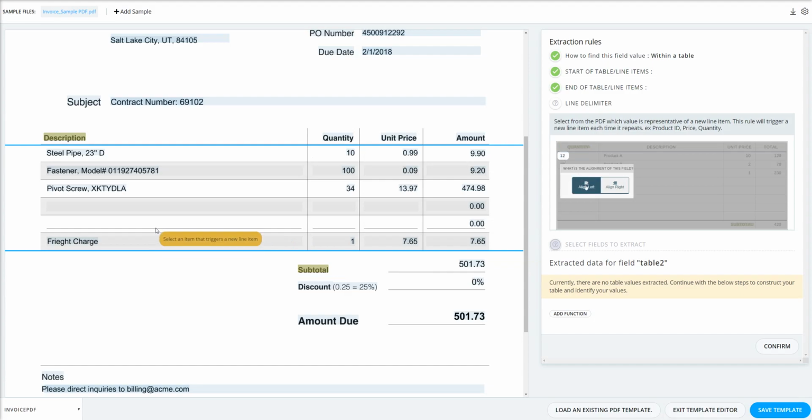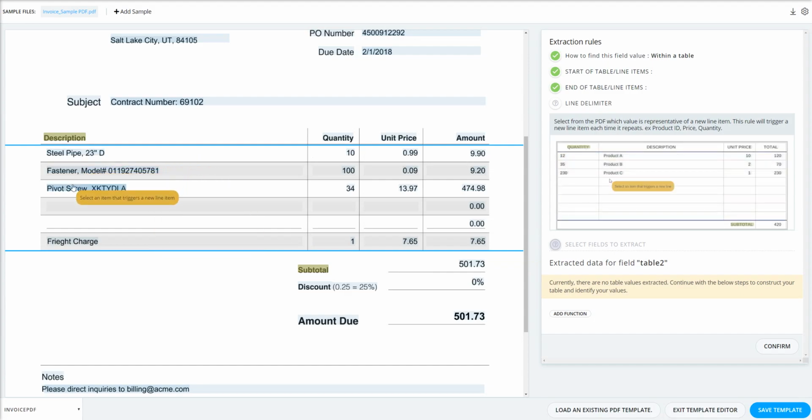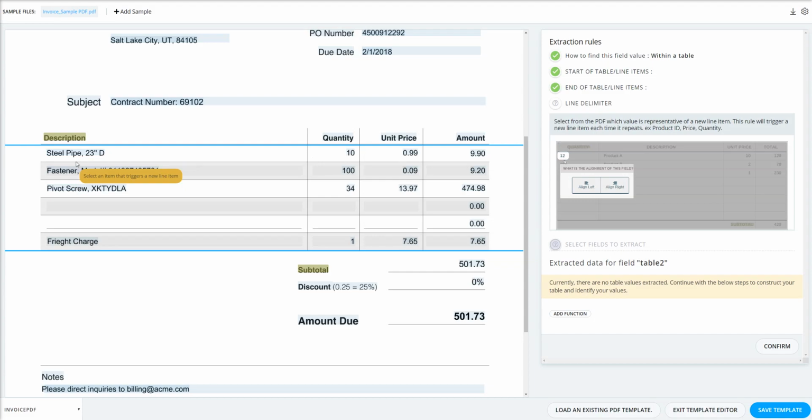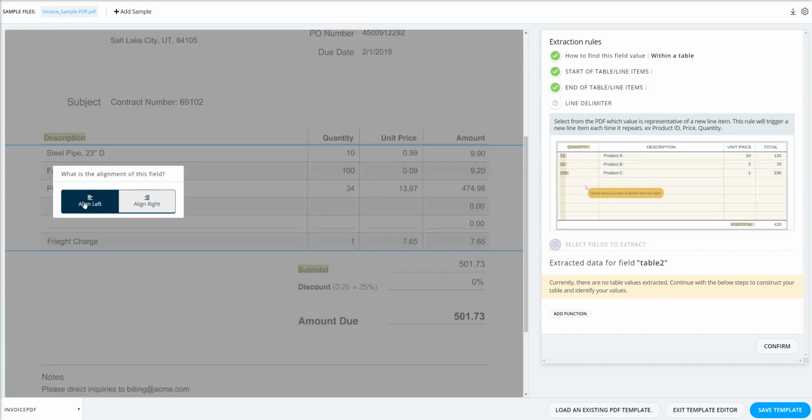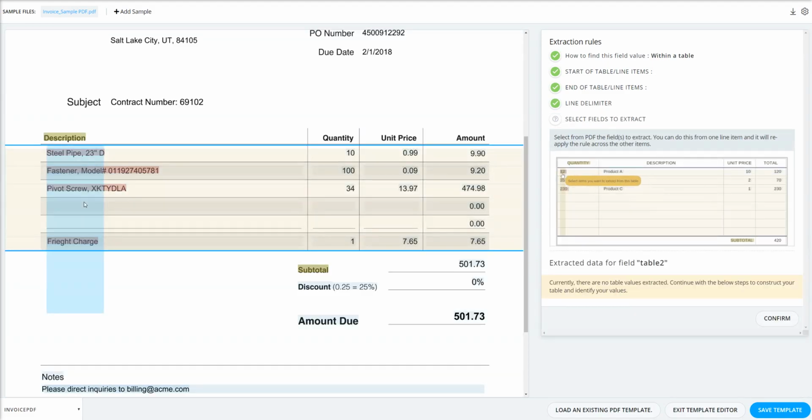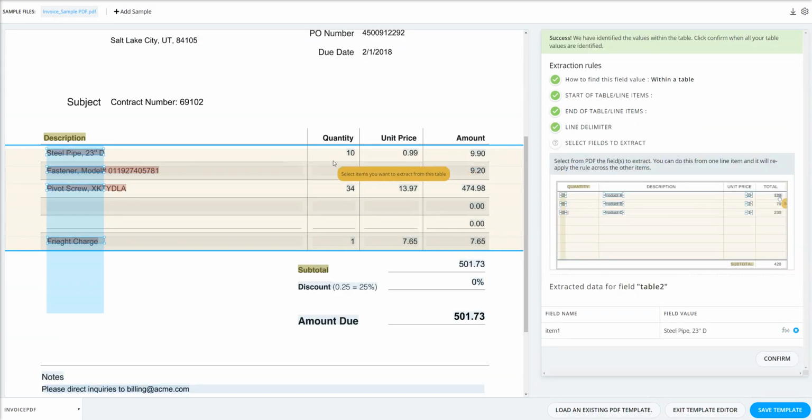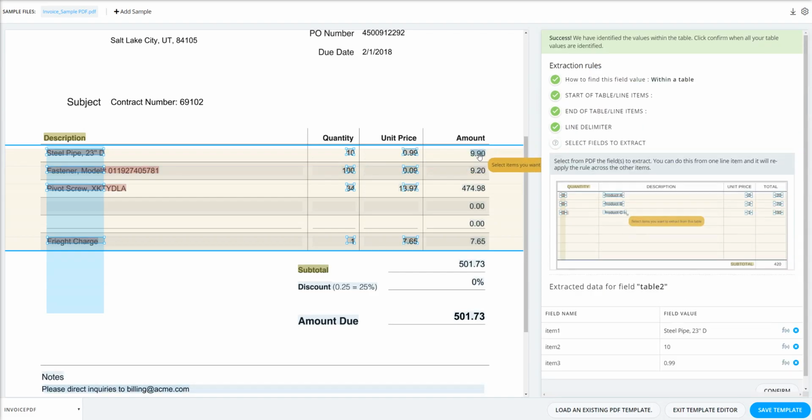Then it asks me, how do I know there's a new line? So in this case, I know there's a new line every time there's a new description here. Click that and say it's aligned to the left. And then it asks me, which columns from the table do I want to extract? So I want description, quantity, unit price, amount. That should be good. Go ahead and click